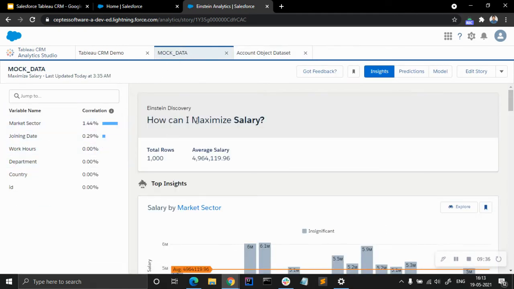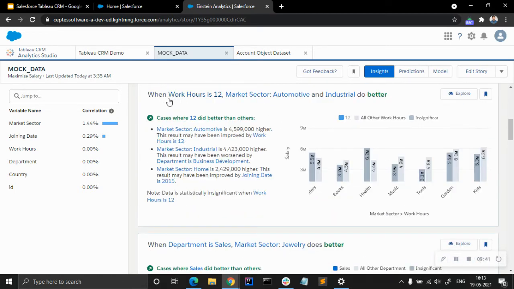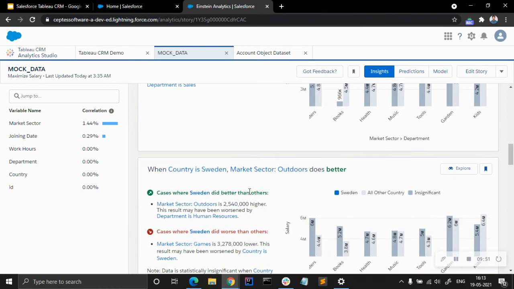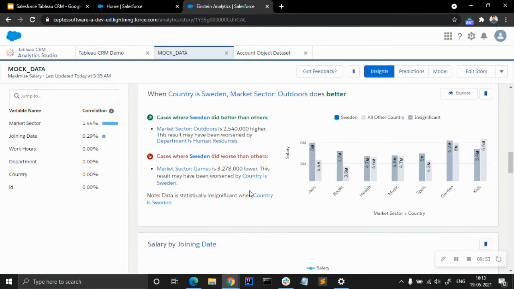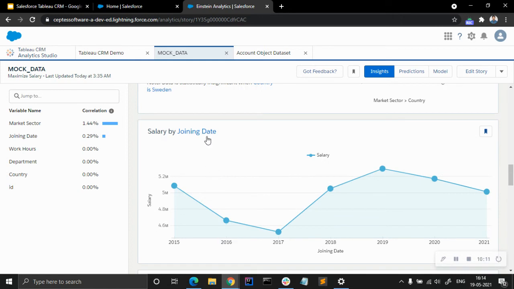So let me show the other story we created, mock data. You can see here the same thing, a lot of insights regarding that. When work hours is 12, market sector automotive and industrial do better. When department is sales, market sector jewelry does better. So it analyzes across a lot of fields which fields have a better correlation, or a better dependency on one another. If this field does better in which case, it analyzes upon that. You can see a lot of things: salary by joining date,